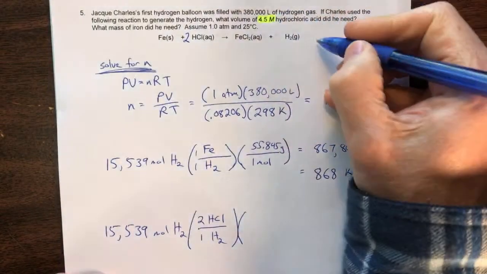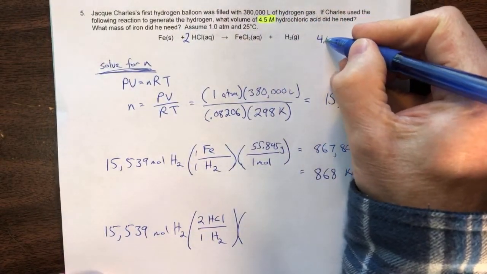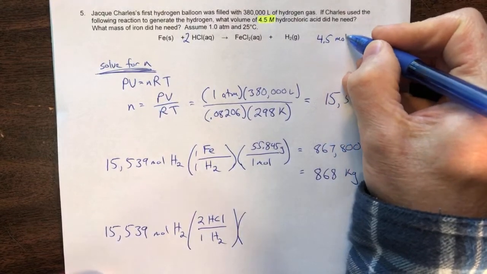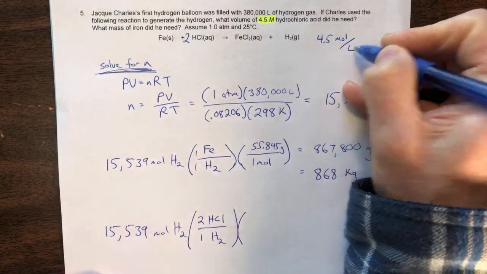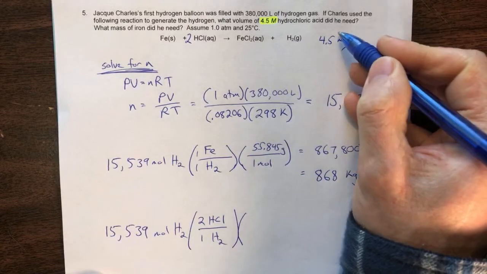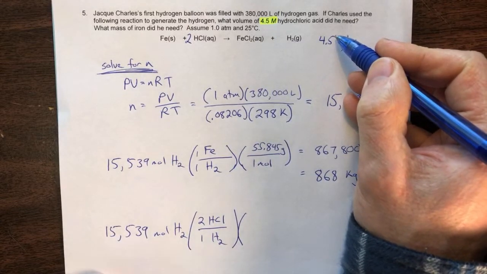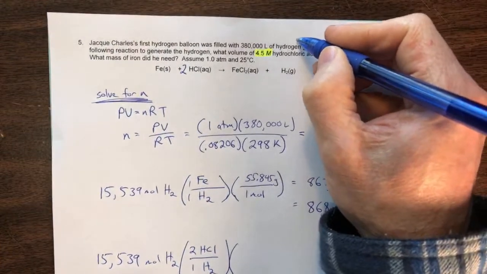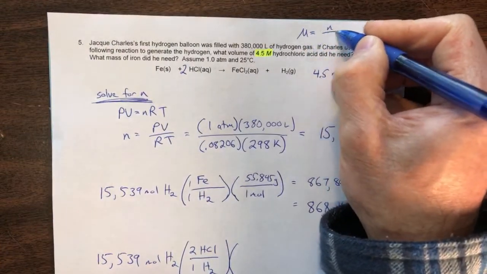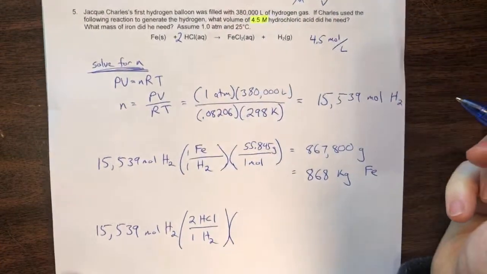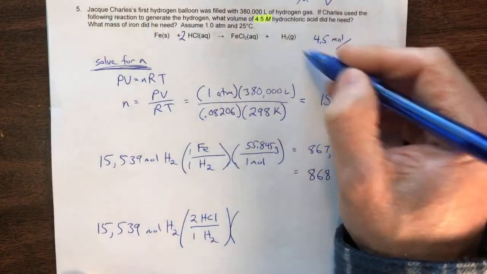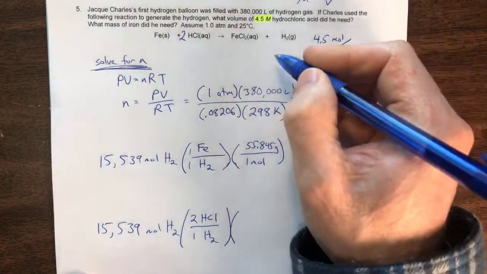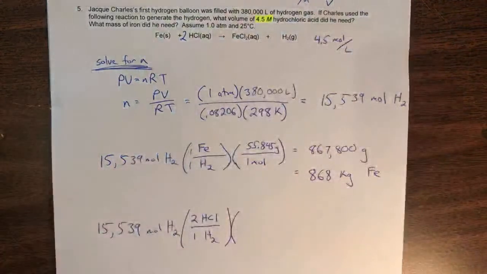So this means this is 4.5 moles per liter. That means 1 liter has 4.5 moles in it. And we could go ahead and use the equation of molarity equals number of moles over the volume. But I find it easier to use this as our conversion factor, right? So we can say that,